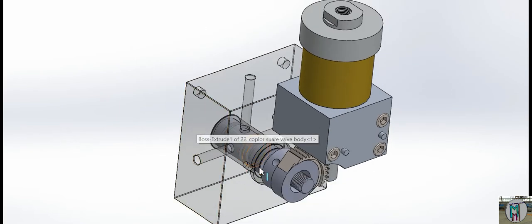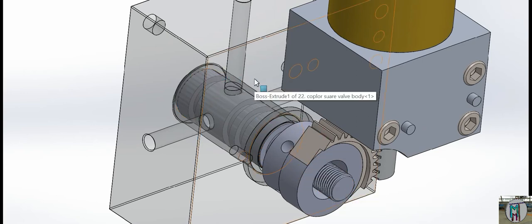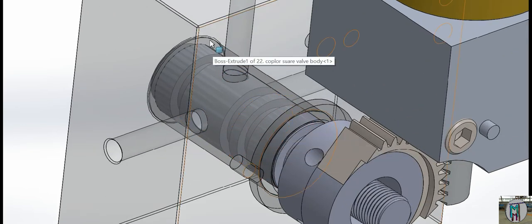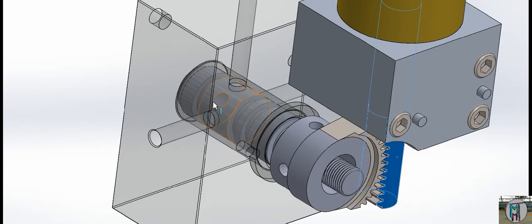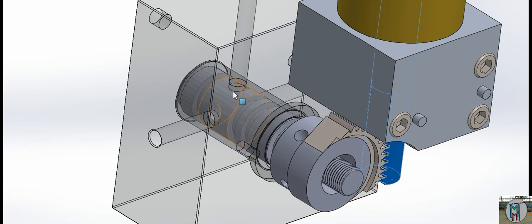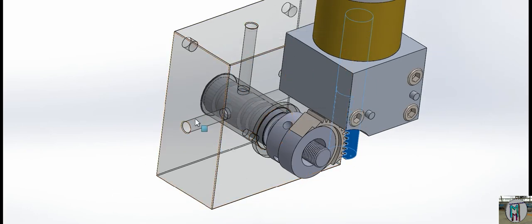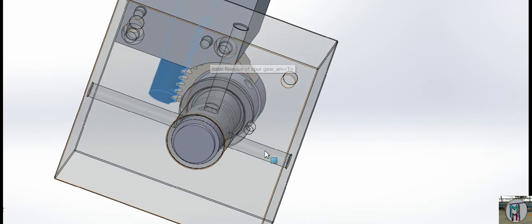This is the body. This is the spool valve, and this is the sleeve, like a piston and sleeve in your engine also. If you ride a bike or your car, piston and sleeve are there. So same things here. That's a sleeve. This is like a piston sleeve valve. When it goes up and down, you can see one and another hole there. Only two holes here, and in the plate 1, 2 and 3. Here you can see 3 holes.